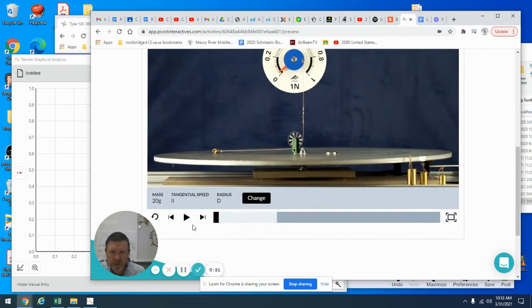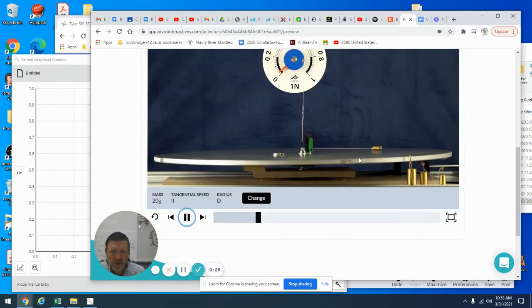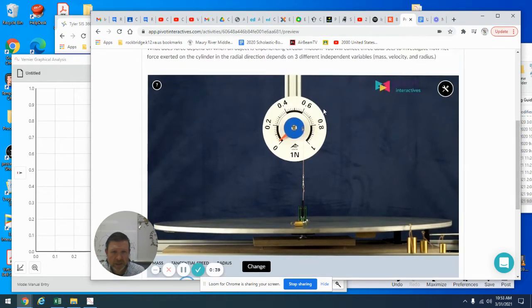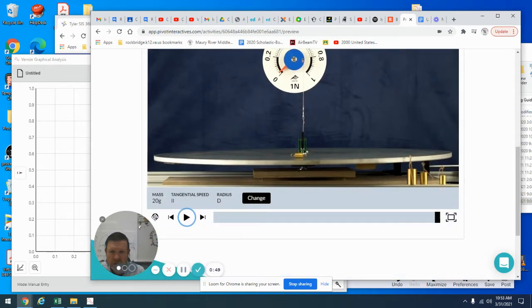Just going to go ahead and play here for a sec so we can see what is actually going on here. So there's this rotating platform here, and you can see there's this little mass going around in a circle on it. And there's a pulley here. Why is there a pulley and what's this? So this is a force meter. It's like a scale, basically, like a spring scale. And the pulley is only there to